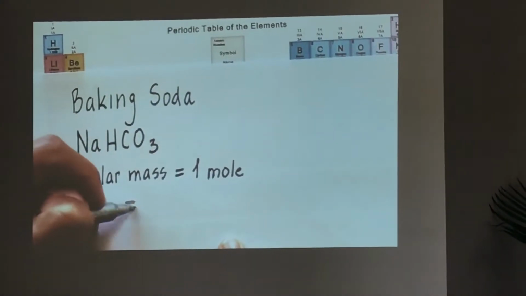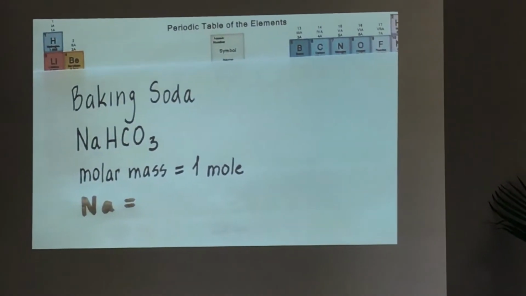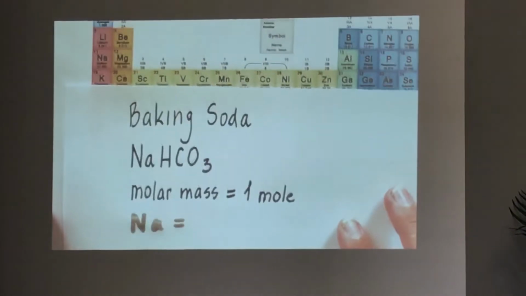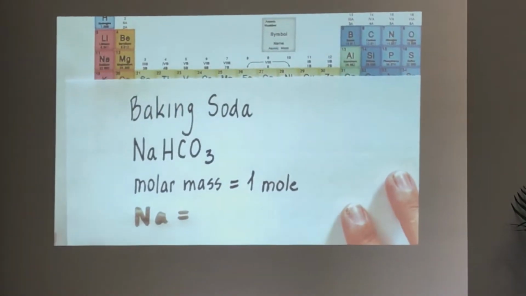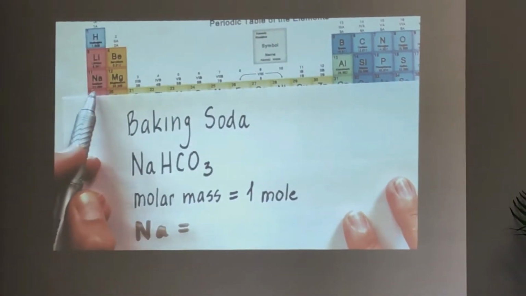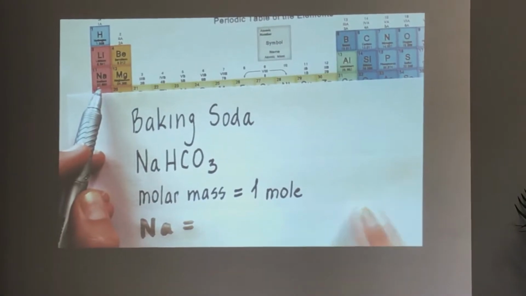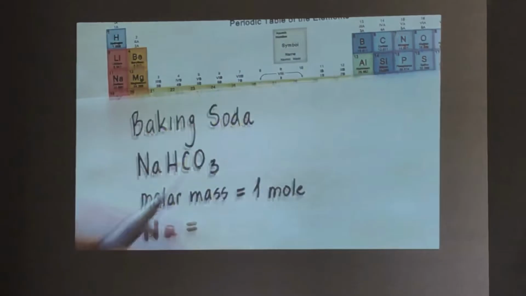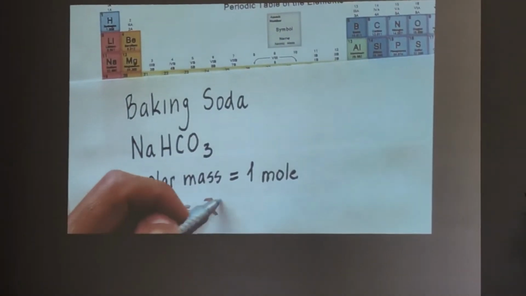Na equals. For the convenience, I'm going to round all the molar masses to the whole number. So let's go over here. This is Na. Over here, molar mass of Na is 22.9 grams, so I'm going to round it to 23. So I'm going to put 23